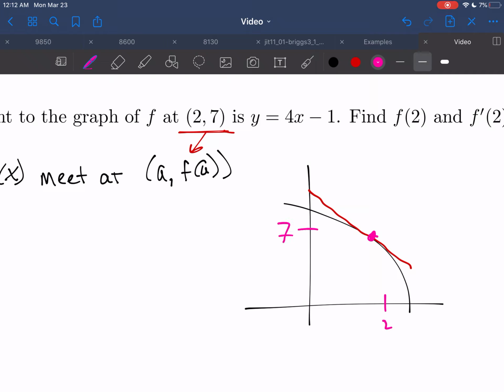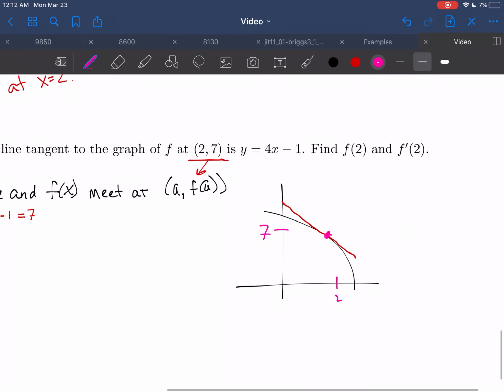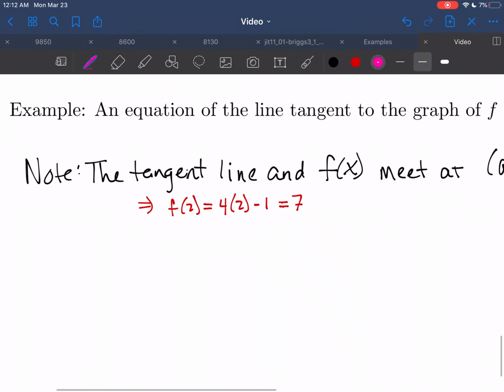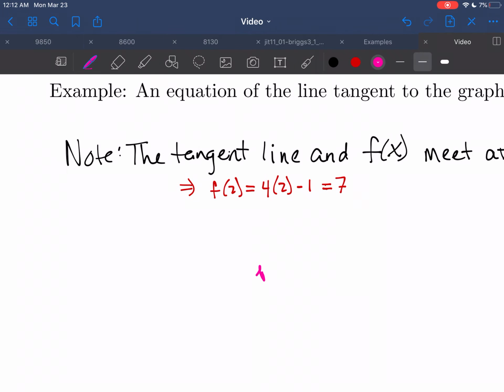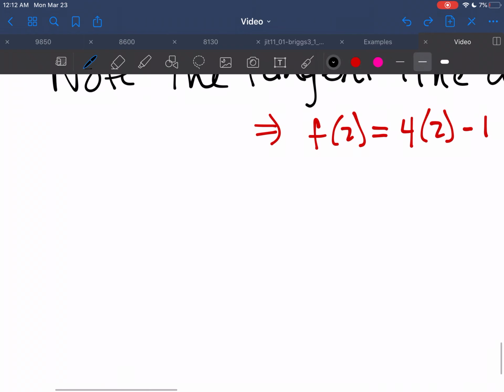Okay, that point is going to be on both my function and my tangent line. Okay, so if I were to plug in 2 into my equation for my tangent line, it's going to give me back out a 7. All right, so that's the first thing to note. Okay, and we found that f of 2 is equal to 7. Our second thing to note